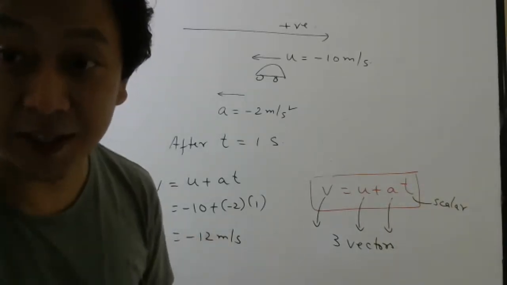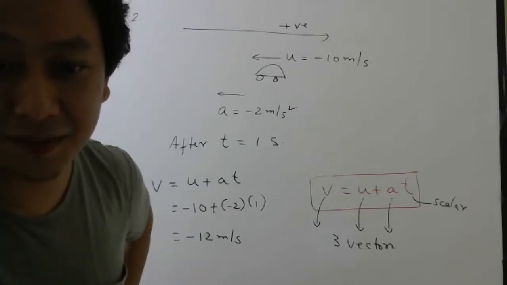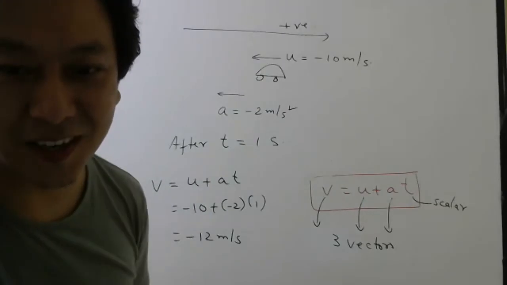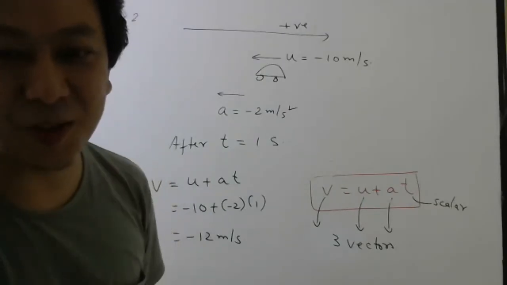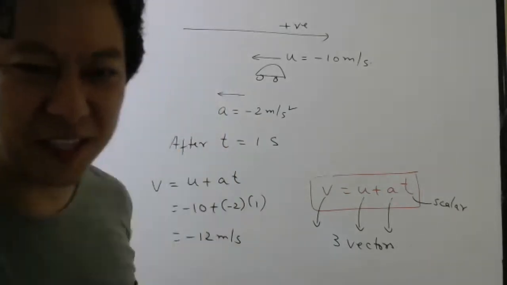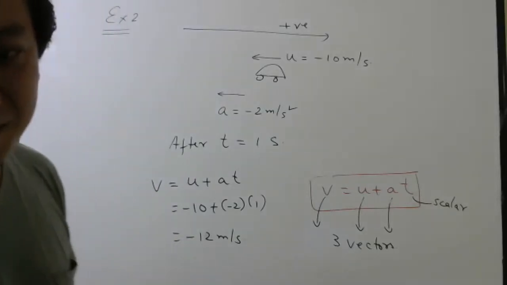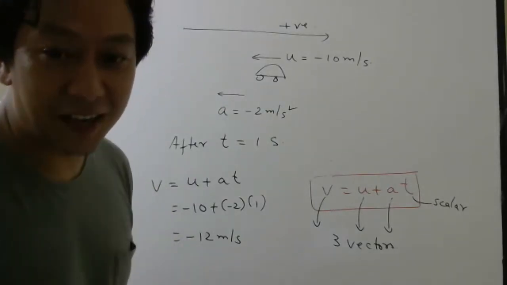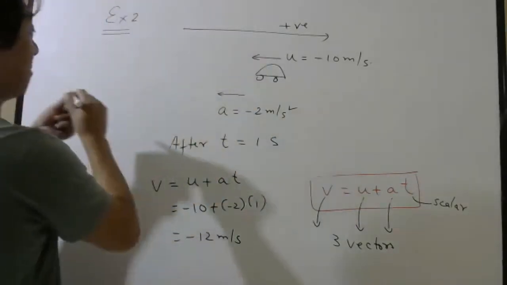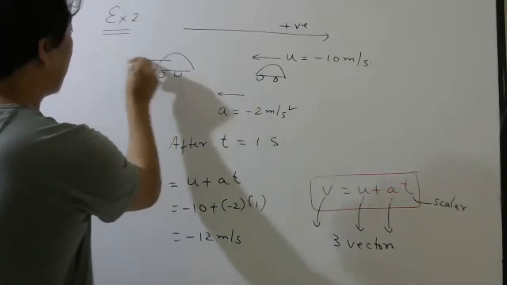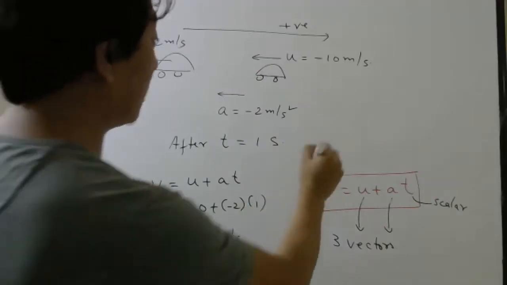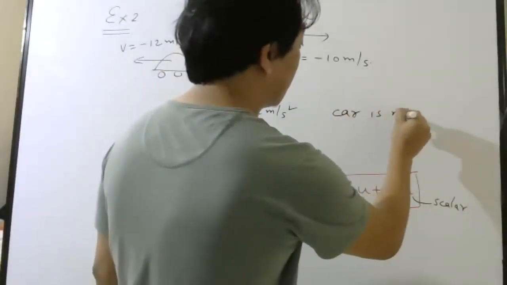So minus 12 means it is moving faster or slower? Remember, minus is only for direction. Again, somebody is saying slower. How is 12 meter per second slower than 10 meter per second? If somebody is running 12 meters in 1 second, no problem. Please understand, the minus sign is only saying direction. After some time the car will go this way only, but velocity magnitude will be 12. So even here, the car is moving faster.